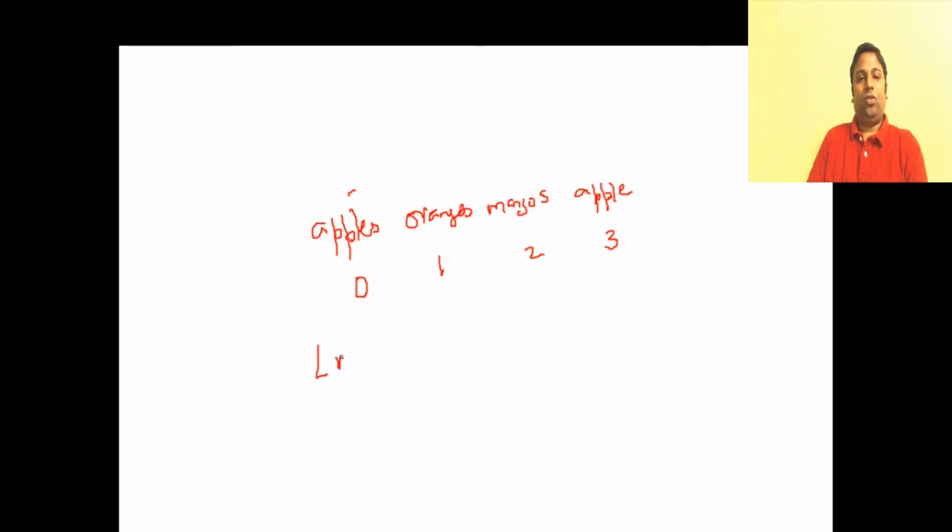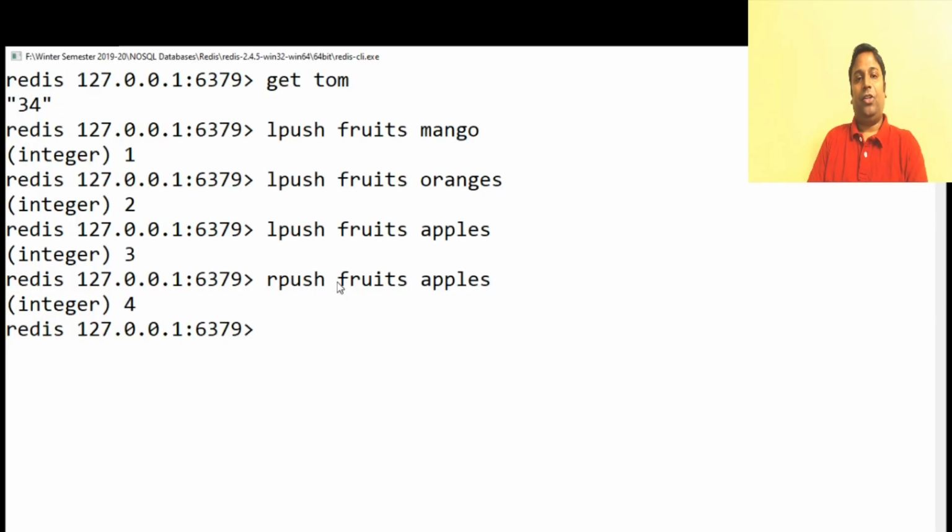So when I want to print all the items starting from 0 to 3, I'll use the command lrange, and then I'll give the name of the list fruits, and then I'll give 0 and the ending index 3. So it'll start from 0, it'll go and print all the items till 3. So it'll print apples, oranges, mangoes and apples. So lrange is used for printing a range of items from your list. Let's go and try this one.